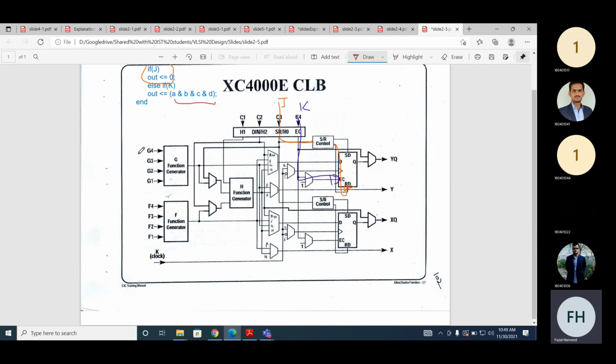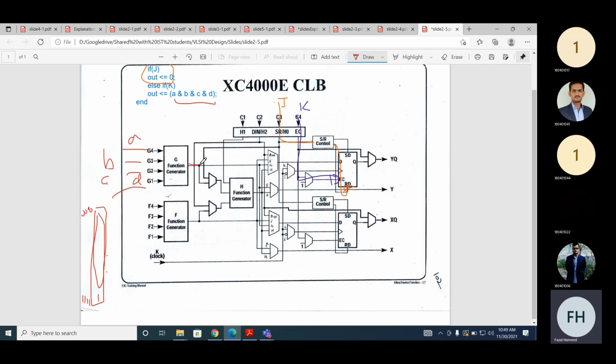This lookup table will have 16 locations, and the last will be 1, 1, 1, 1. All the rest values will be 0. And this output is out.